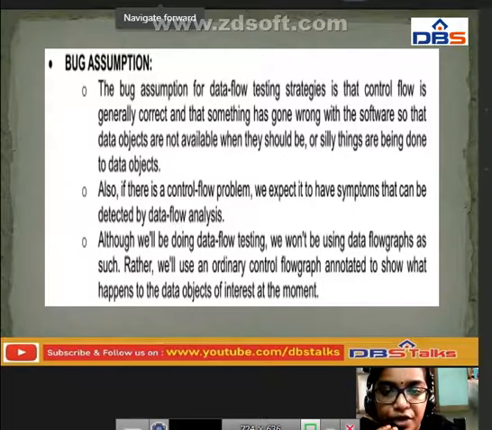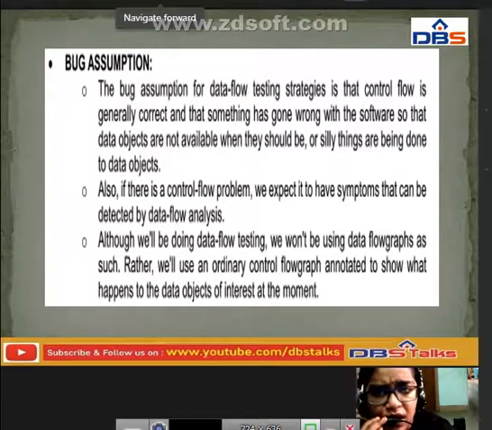If you have any control flow problem, we can expect it to have symptoms that can be detected by the data flow analysis. Although we will be doing data flow testing, we won't be using the data flow graphs as such. Rather, we will use an ordinary control flow graph, annotated to show what happens to the data objects at that particular moment.